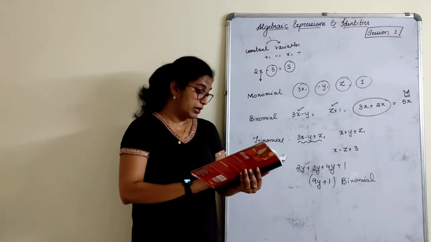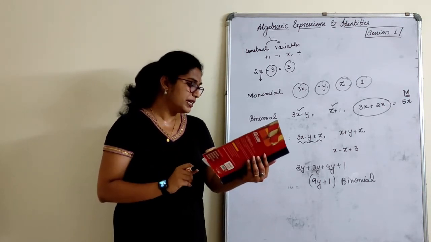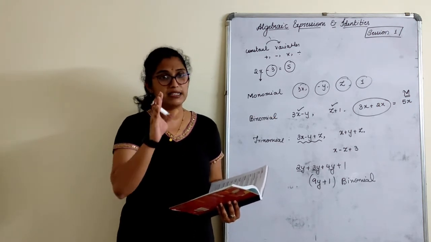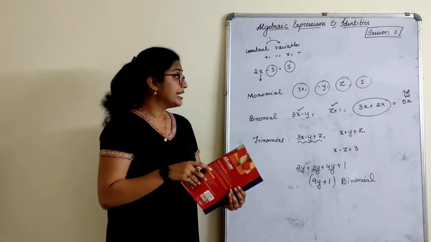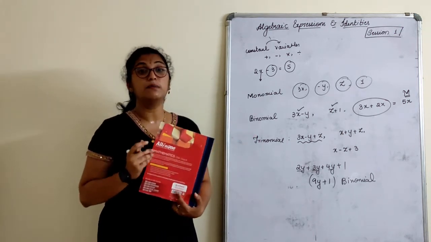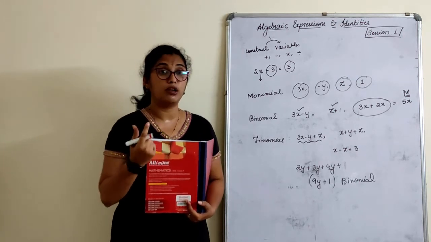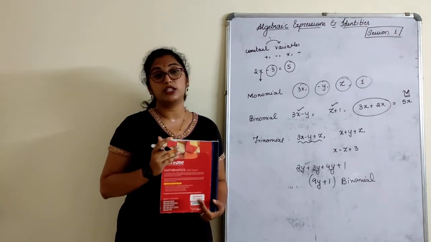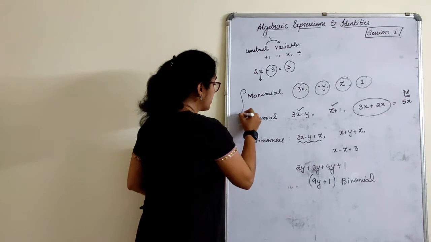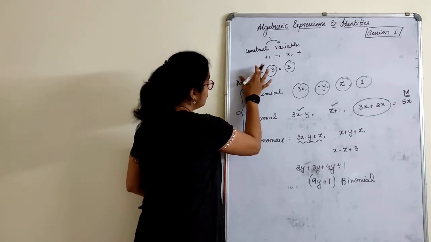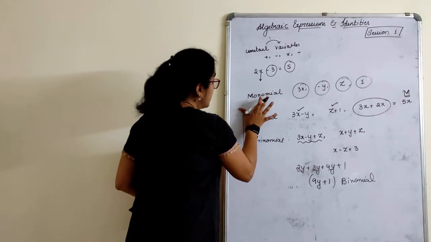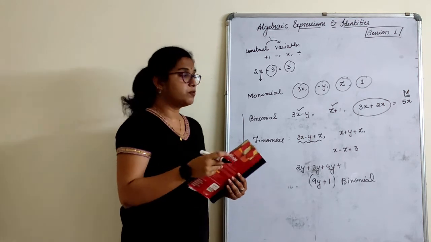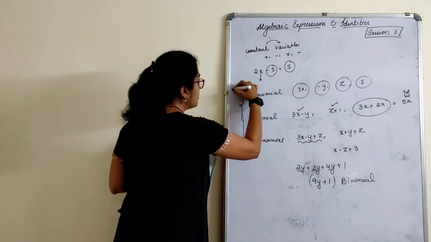Next we will talk about the quadrinomial: an algebraic expression containing four unlike terms separated by a plus or minus sign is called a quadrinomial. Put together, we call that a polynomial. Now what do you mean by poly? Poly means many. An algebraic expression containing more than one term is called a polynomial. All these will come under polynomial. No, sorry, monomial will not come. Or how do we define that? An algebraic expression containing one or more terms. Yes, so all these are polynomials.